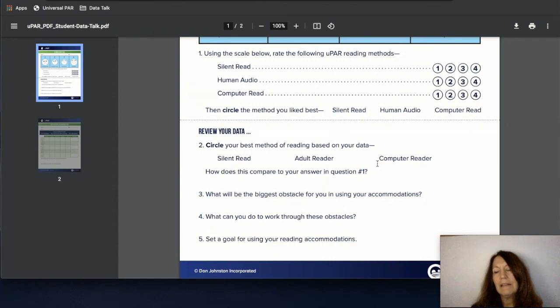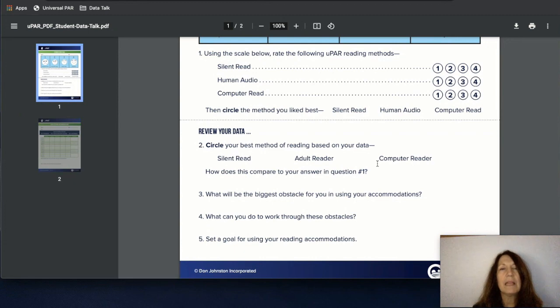And then it really leads to the part of student agency. We know our best learners, our learners with a sense of self-efficacy, set goals and they plan. Our students without self-efficacy are the ones who set low goals and choose those easy tasks. So seeing this UPAR data often really empowers your student to try something harder because they can see that they can comprehend at much higher levels when they use their accommodations.